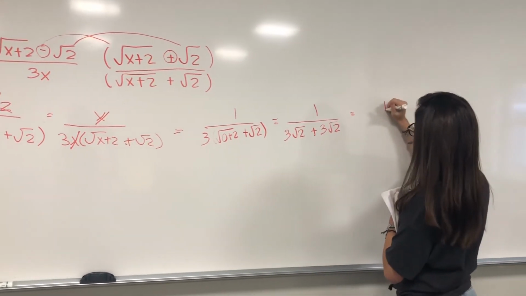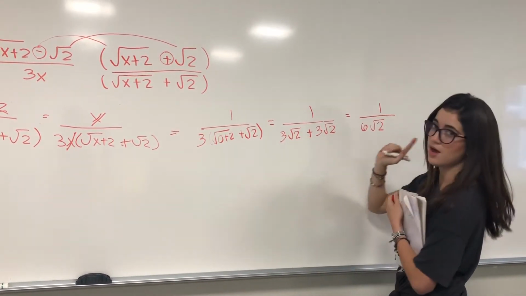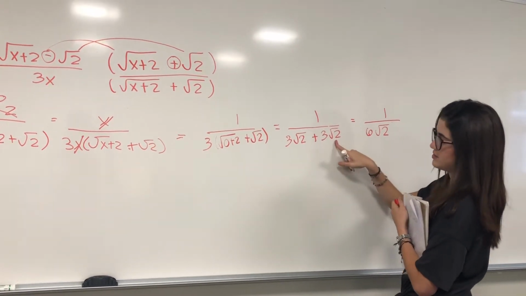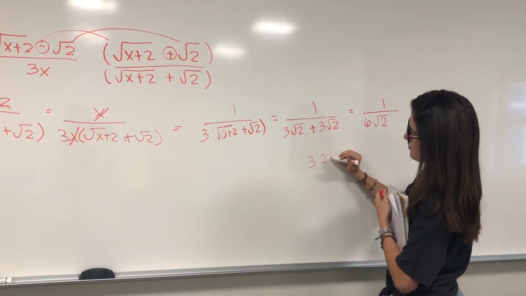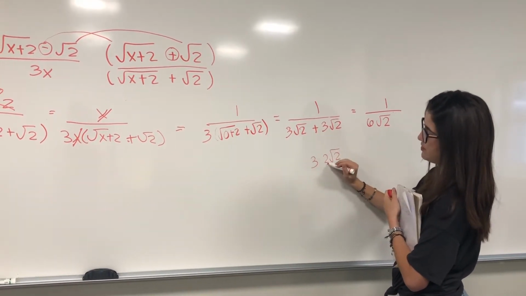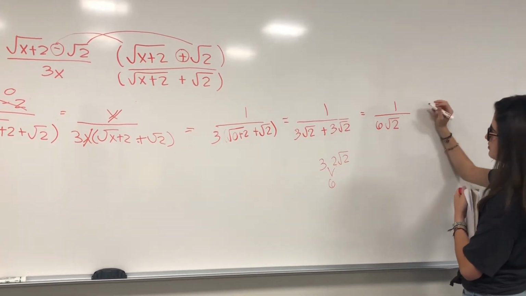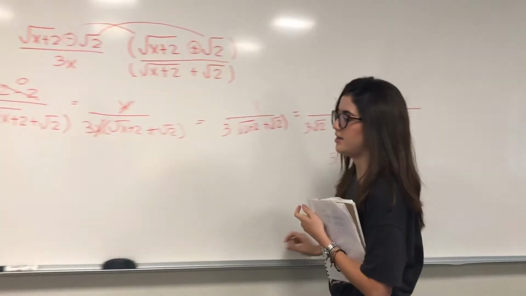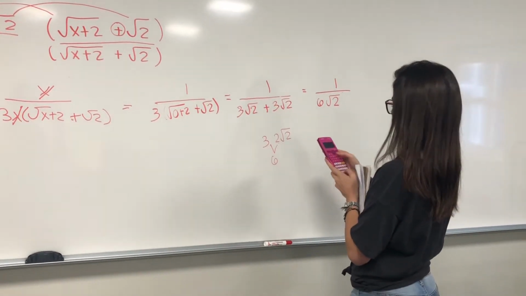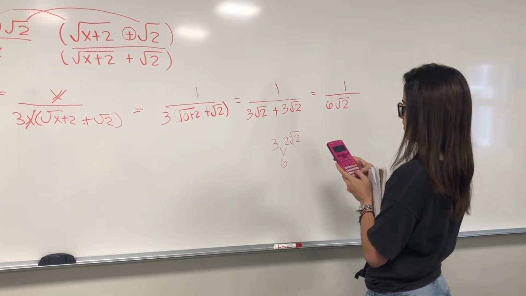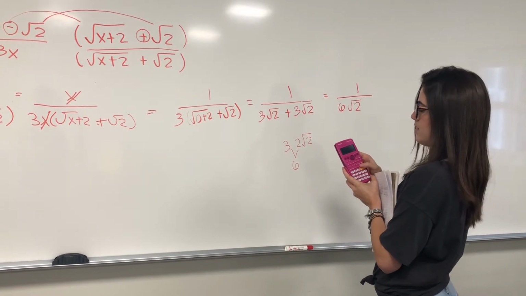And that we can simplify it by having 6 over square root of 2, because since this and this is the same as having 3 times 2 square root of 2, and this multiplied, leaving us with 6 square root of 2. And that we plug it in our calculator, leaving us with 1 over 6 square root of 2. It's square root of 2 divided by 12, and